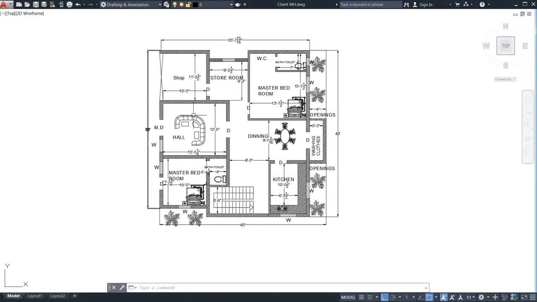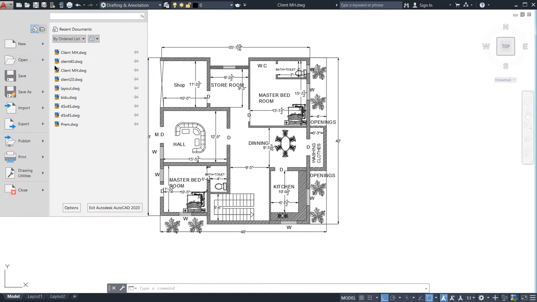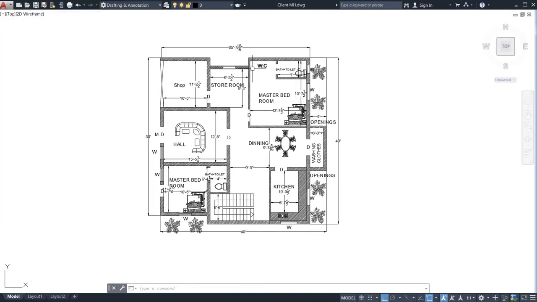Today I am going to tell you how to draw this type of building plan in your AutoCAD. As you can see, this is my AutoCAD 2020 which I am using right now. This is the building plan, with a built up area of 38 feet into 40 feet. In this plan you can see this is the duplex type of plan. If you are also interested to do this type of plan in your AutoCAD, watch this video completely, do not skip this tutorial in the middle. So for that, let's start this tutorial.